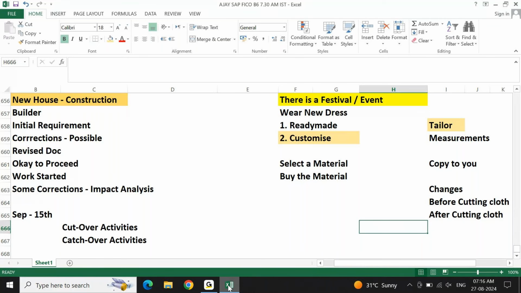These are all your cutover activities, meaning before handing over the system to the client, or before handing over the shirt or dress to the client, you need to make sure everything is fine. No stitching is missing, nothing is left over, no marks are there. It is neatly ironed, neatly folded, packed. Then only you give it. You have to give it to the client or to your user in a presentable manner, not just like that. No matter whether it is expensive or inexpensive, whether you're happy doing it or not, you have to do certain things.